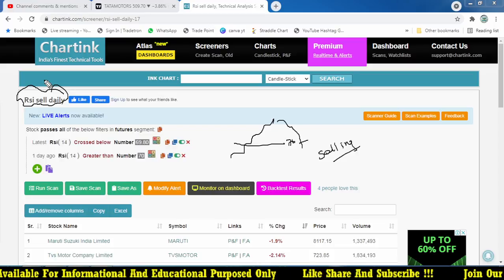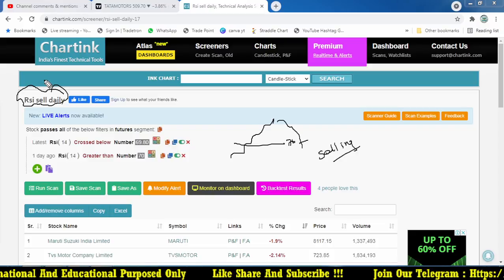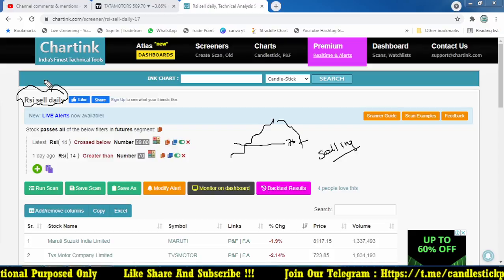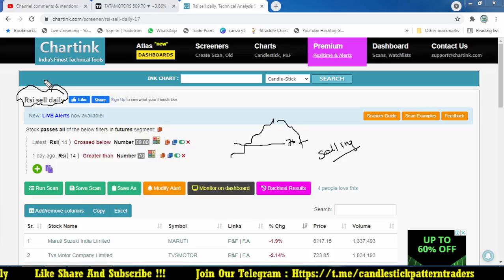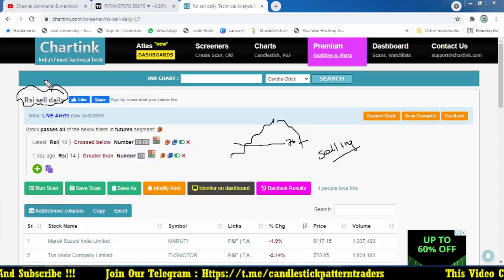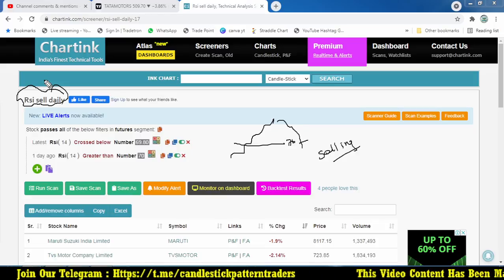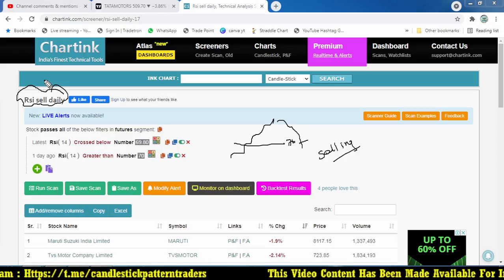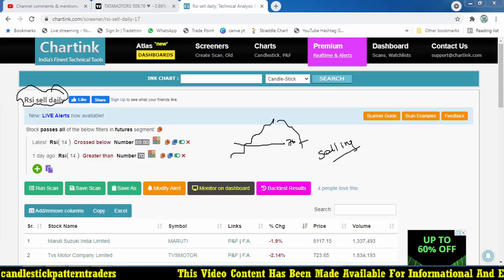Whether you can try with equity shares or futures or options. But if you are doing options, there are some difficulties in selecting the right strike prices. If you select the right strike prices, that may give you very good profitability in the scanner. So that I am going to discuss here.